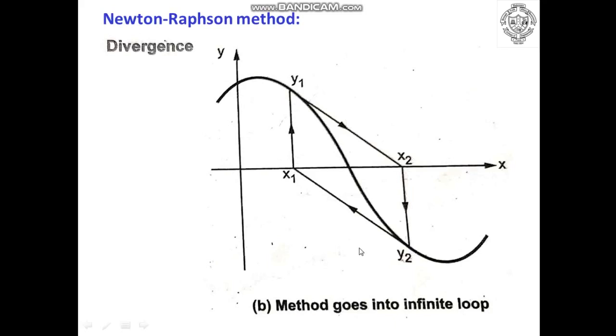So this is the second limitation of the Newton-Raphson method. It is very funny. That is why it is said that the method goes into an infinite loop, because you keep moving in this particular route. So again I will reiterate that the value of x1 which you are selecting has to be cross checked with the condition which I have explained in the previous slide. So this is the second case of divergence of the Newton-Raphson method. This also you can explain if it is asked in the exam.